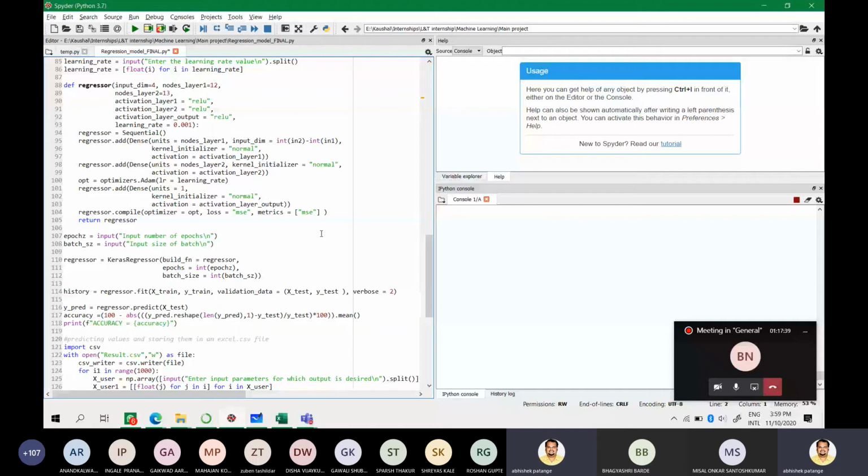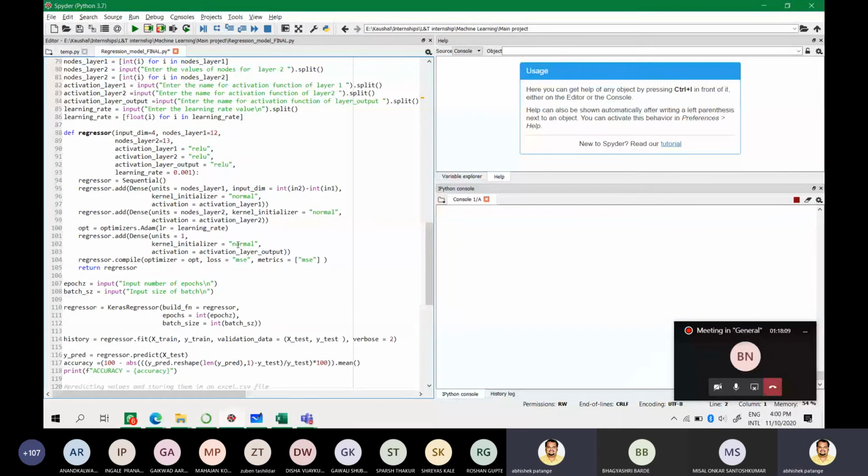When you're compiling the model, in the metrics section, you should write k-fold cross validation and not MSE. MSE is mean square error. Metrics is how it gives you a measure of the system. Sir is teaching metrology right now, but here in metrics you write k-fold cross validation, and you get a matrix as to how many of your predictions were right.